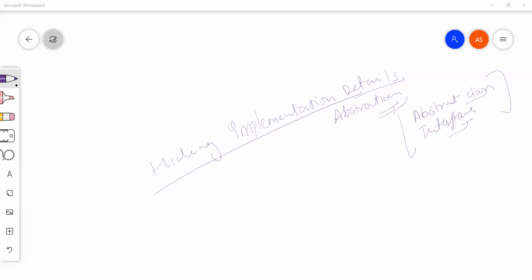But when we say encapsulation, sorry, data hiding, data hiding is basically hiding the internal data we have inside the class, restricting it from being accessed directly by third-party classes or outer classes. Abstraction is for implementation details, related to methods.